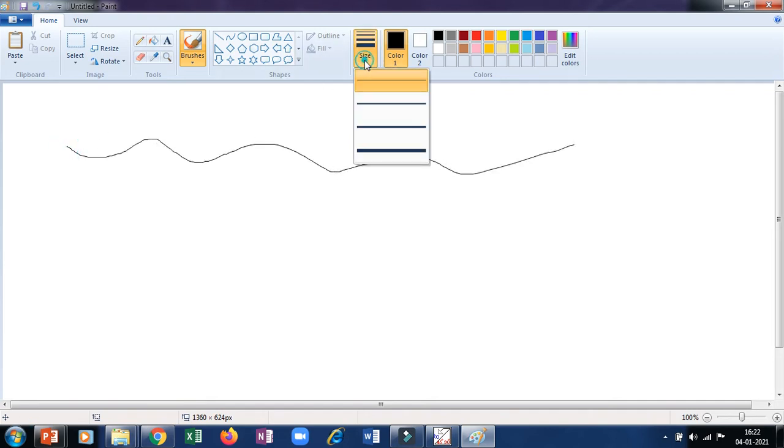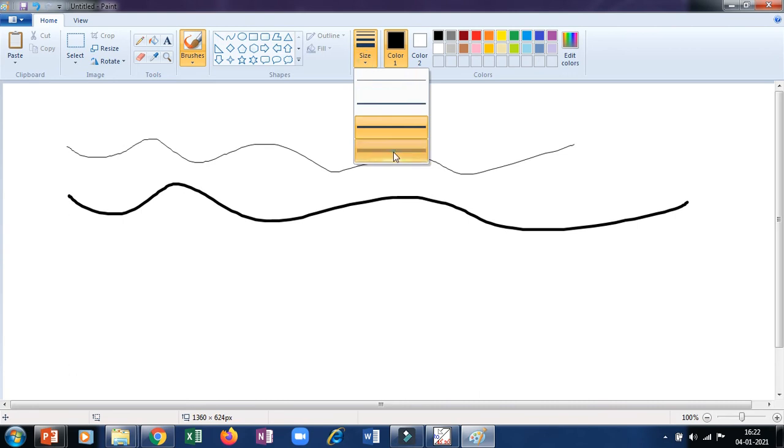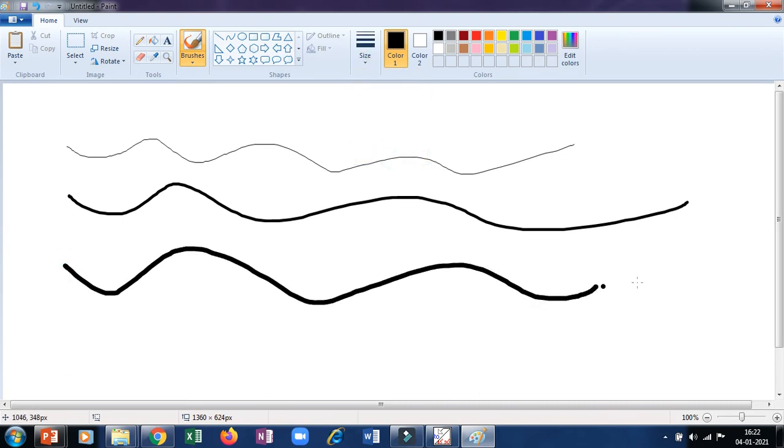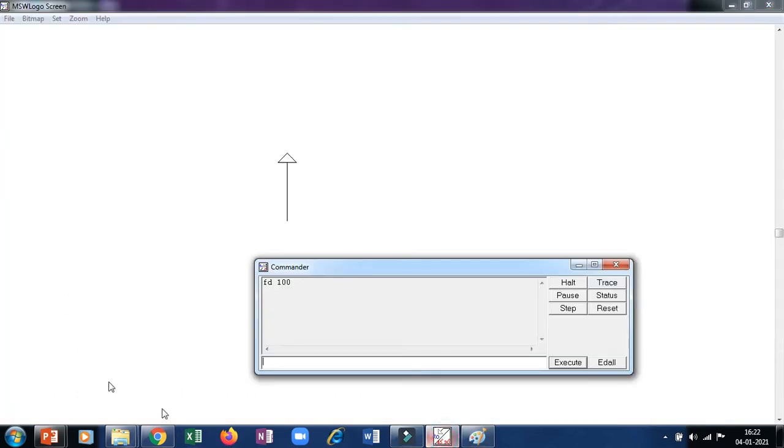If you take this one, it will be thicker than the first one. And if we take this one, it is thicker still. If you want to increase the thickness more, you can use the Ctrl and plus keys. So this is the thickness, and